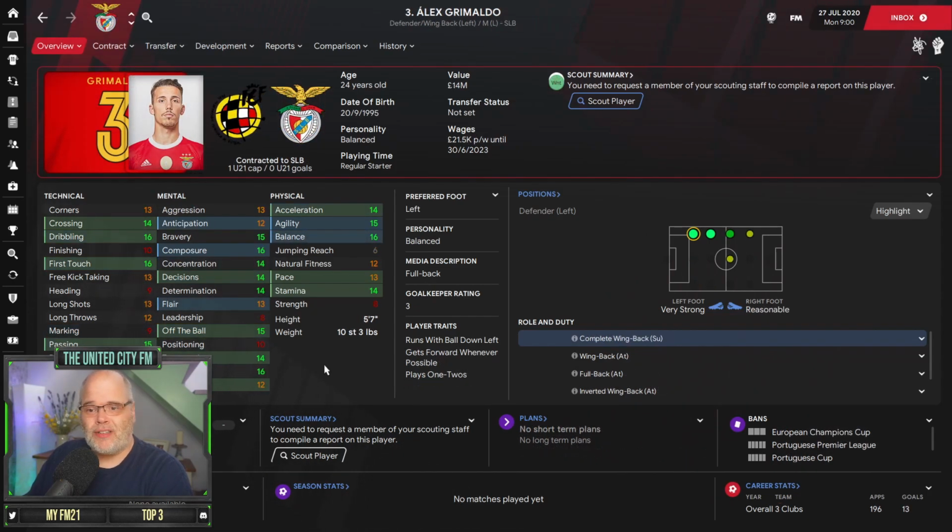My second honourable mention is a little bit different to the rest in the sense of he's got a slightly lower value, although he does have an asking price, which is about 50 million, I think. Maybe you can get him for a little bit less than that, I would imagine. But Alex Grimaldo is a really well-known left fullback in Football Manager terms, and there's a reason for it, because he's not at one of those really, really big clubs that you can't persuade him to leave. He's currently at SLB, which is Benfica, and he has got everything you need as a really good left fullback